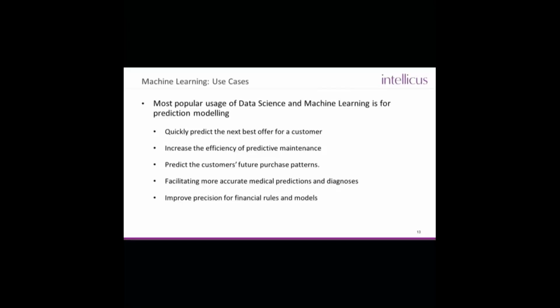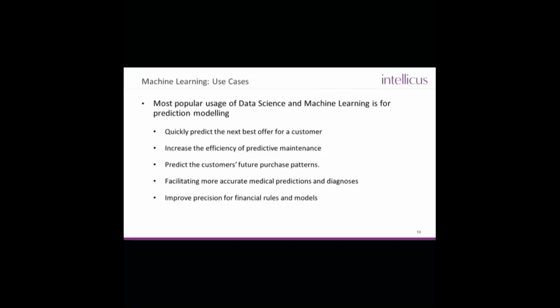The next one, increase the efficiency of that predictive maintenance capability. Yes, indeed. Can we determine before something goes wrong that it's about to go wrong and get the part to the machine before it goes bad? Predicting customers' future purchases. What kinds of campaigns would appeal to them? What kinds of products do they want now?